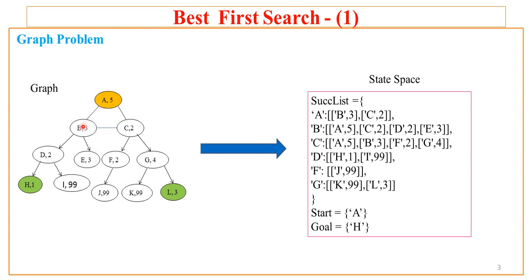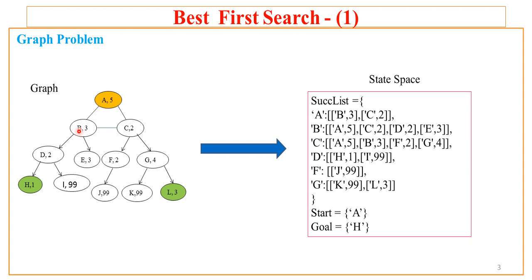Now A is connected to B and B is connected to A. Similarly, B is connected to C and C is connected to B. A is connected to C and C is also connected to A. So these three edges in the graph are undirected edges, but the rest of the edges in the graph are directed. So this graph is basically a partially undirected and partially directed graph. So this is a mixed graph.